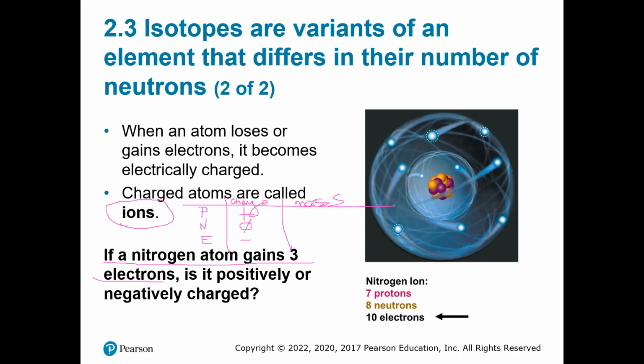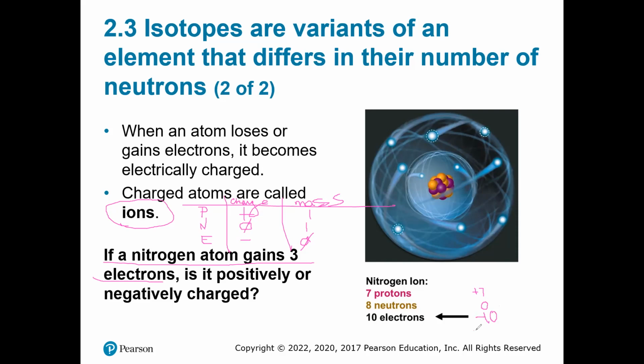Okay, now mass. Remember protons have mass, so we're going to say their mass is 1. Neutrons have mass, so we're going to say their mass is 1. But electrons don't, they're really, really small, so we're saying they don't have a mass. Okay, so if we look at the charge, protons, this would be +7, right? Neutrons, that's neutral, so no charge. And electrons, that would be 10